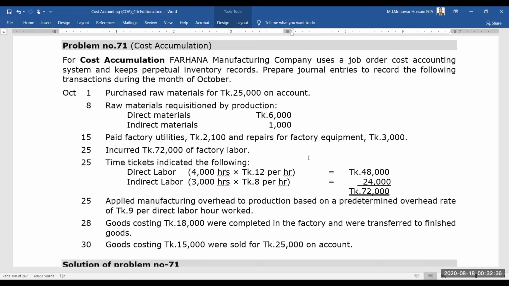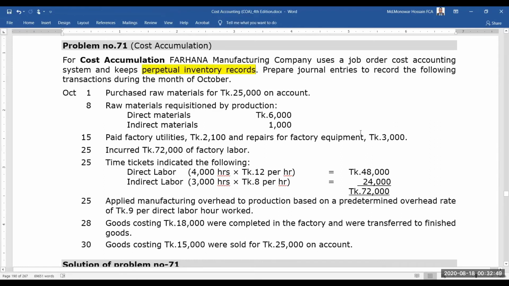For cost accumulation, a manufacturing company uses a job cost accounting system and it keeps a perpetual inventory record. That means perpetual inventory record. Prepare journal entries to record the following transactions in October 2020. Purchase raw material 25,000, raw material requisition by production, direct 6,000, indirect 1,000,